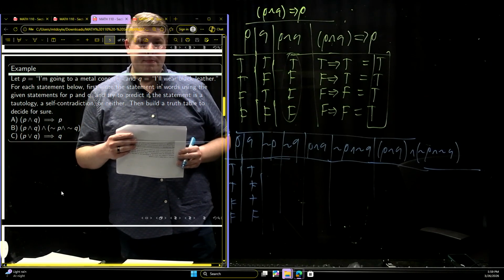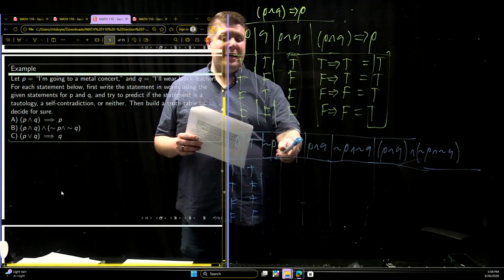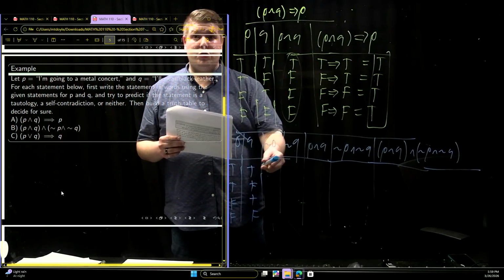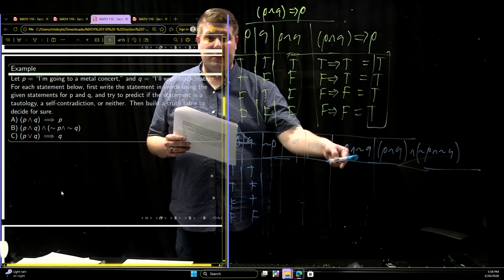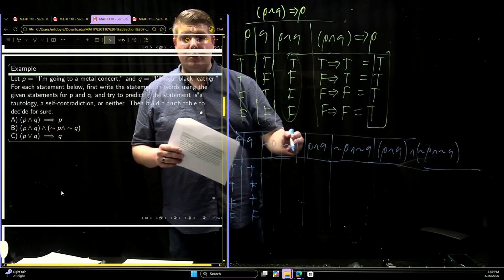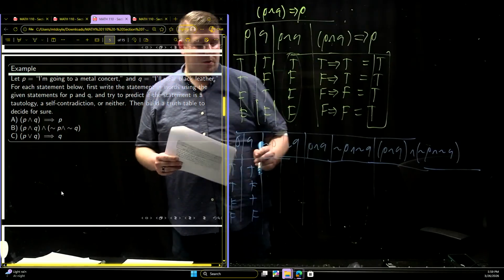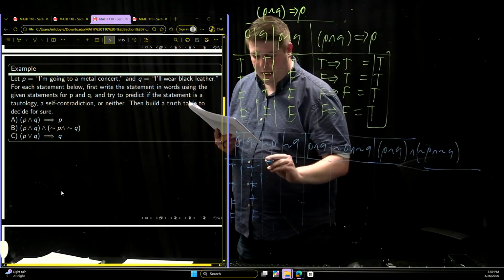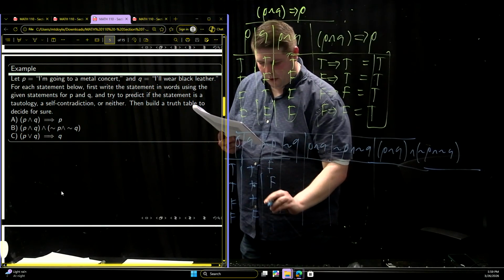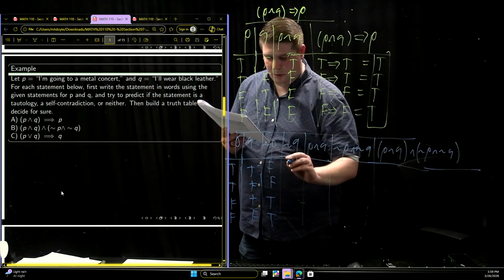Okay? So if you see any negations, you always want to write those down first. You don't want to just do them along with something like this. You want to work it slowly. So not P would be false, false, true, true. Not Q would be false,